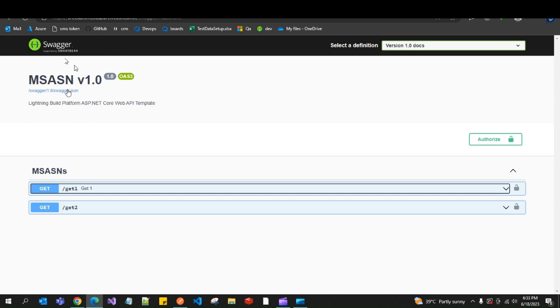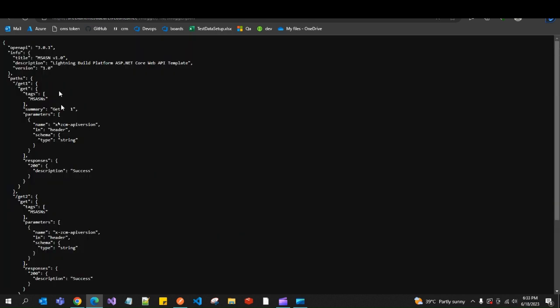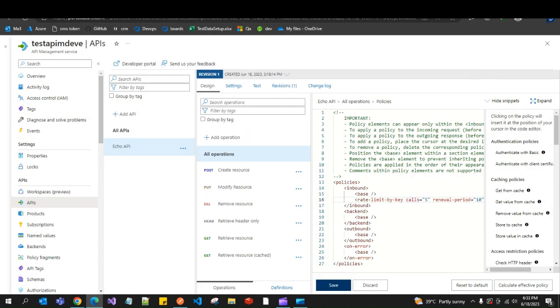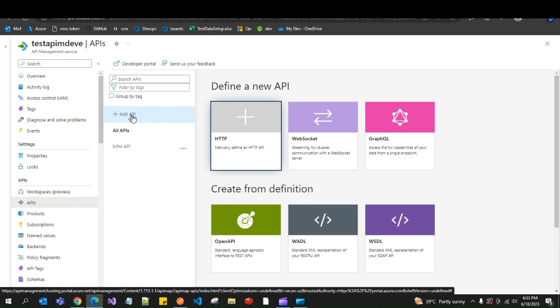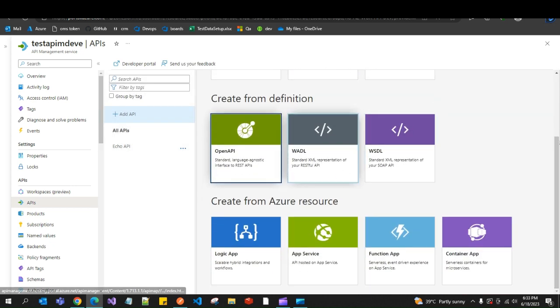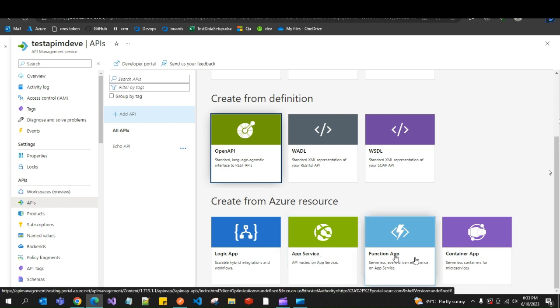Just go back to Swagger, click on this, you will get the Swagger definition. Copy the Swagger definition URL, go back to Azure API Management Service, and click on Add API. Once you click on Add API, there is an option for OpenAPI definition. You can import your API in n number of ways. You can use the WSDL file, WADL files, even Logic Apps. You can also create from App Service directly, even from Azure Function. We can do this, but I want to move as quickly as possible, so I'm using OpenAPI